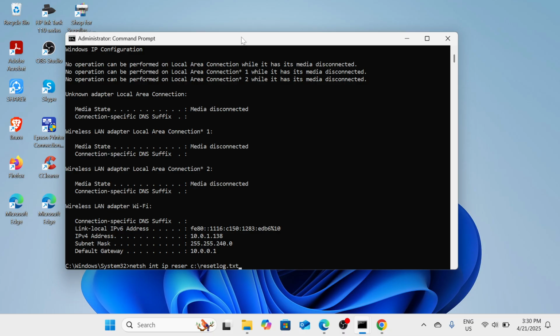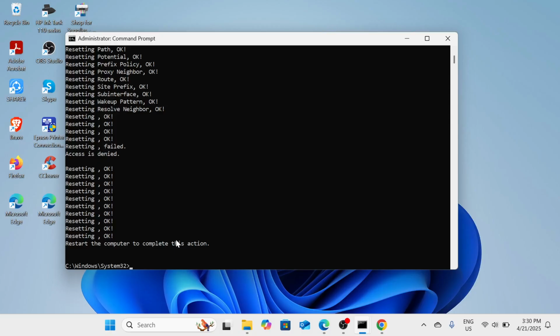It's netsh space int space ip space reset. I'm sorry, this is actually reset space c: / resetlog.txt. Once done typing, just please click on enter, and then it will ask you to restart the computer to